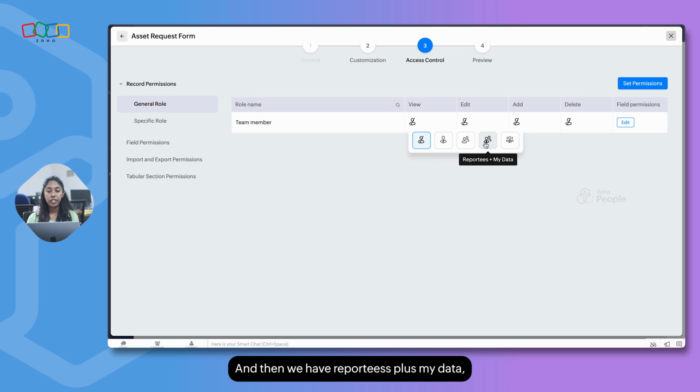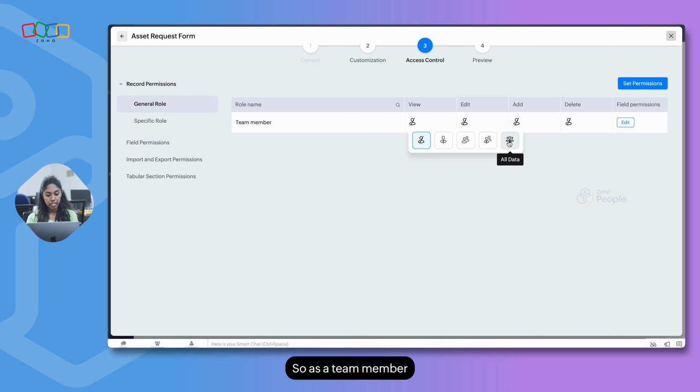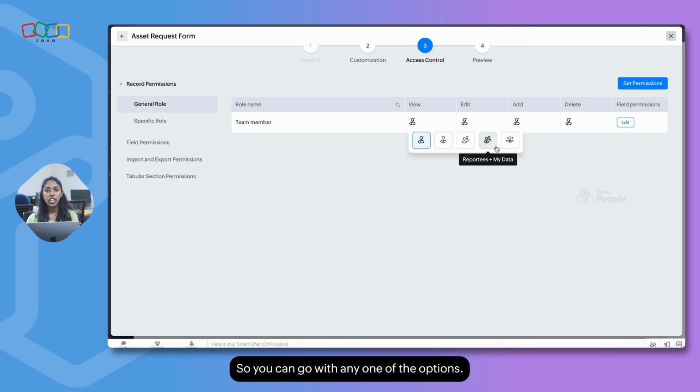And then we have reportees plus my data, which means you will be able to view the asset request form that you are creating plus your reportees' information. The last one is called all data. So as a team member, I will be able to view all the asset request forms submitted by all users in the organization. So you can go with any one of the options.